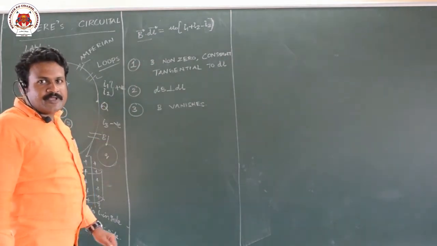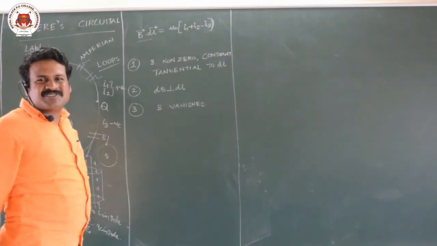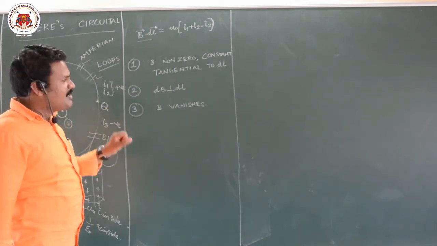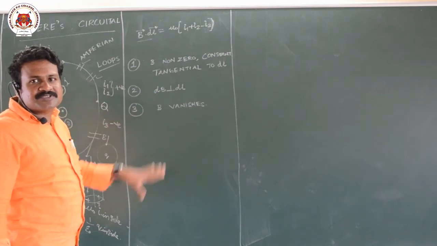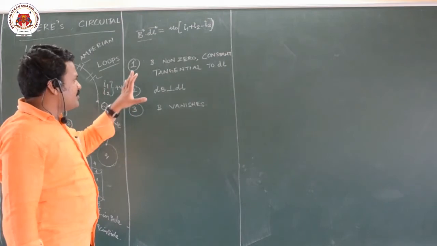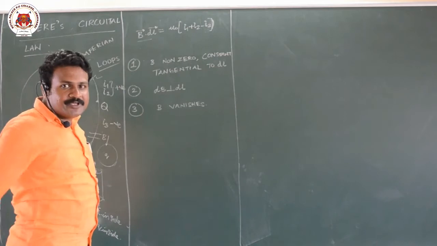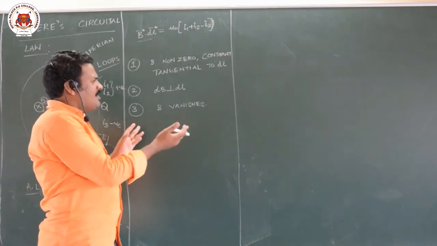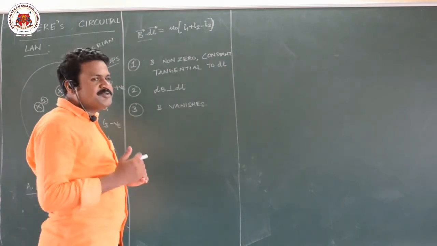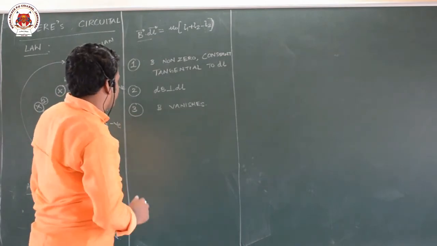But what the textbook says is we can apply Ampere's law only in these 3 conditions. But if you think at a higher level, Ampere's law can be applied in all cases. In these 3 cases it is more appropriate, that means it is most often useful in these 3 cases. In the NCERT book it is given that only in these 3 conditions I can apply, but actually even if the condition is not one of these 3, you can apply. The thing is, in these conditions it is most useful. So like this you can apply Ampere's circuital law.